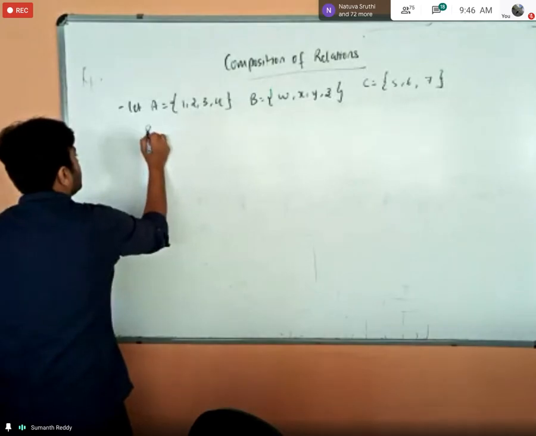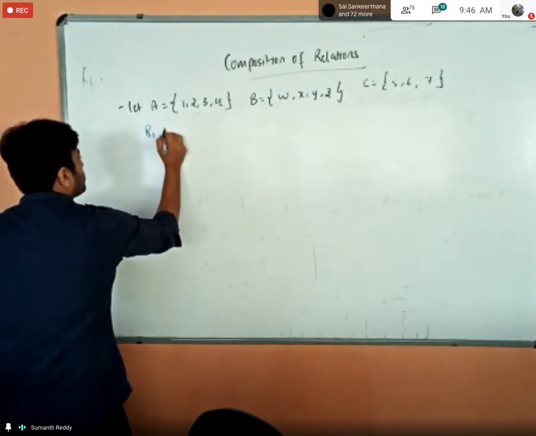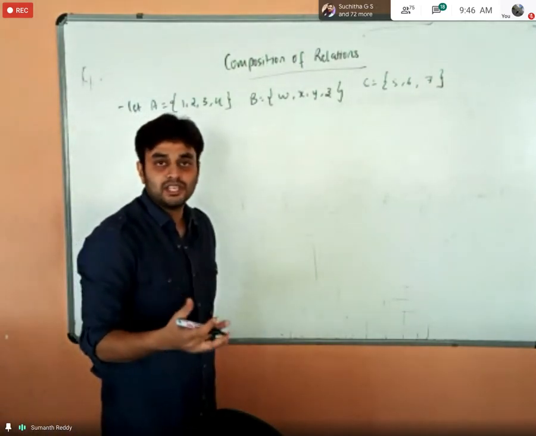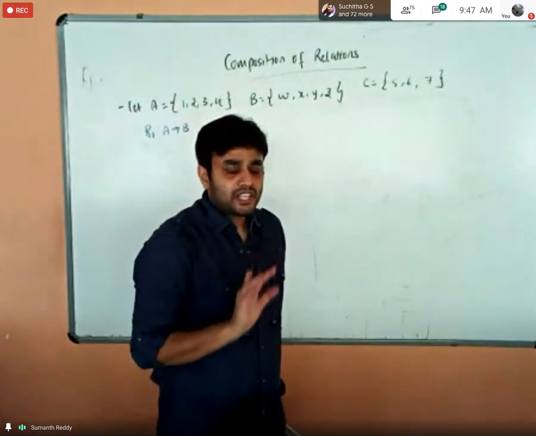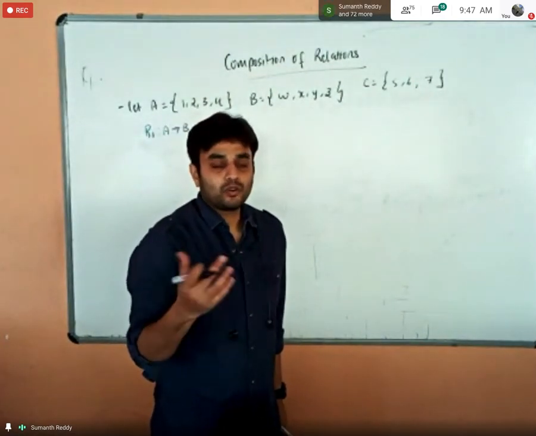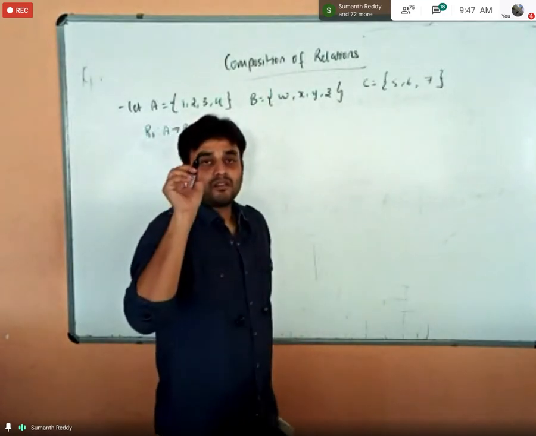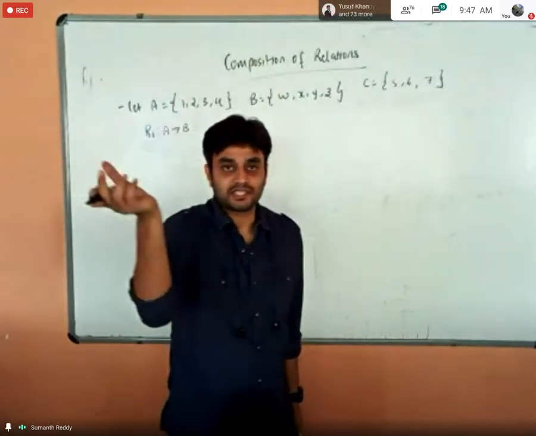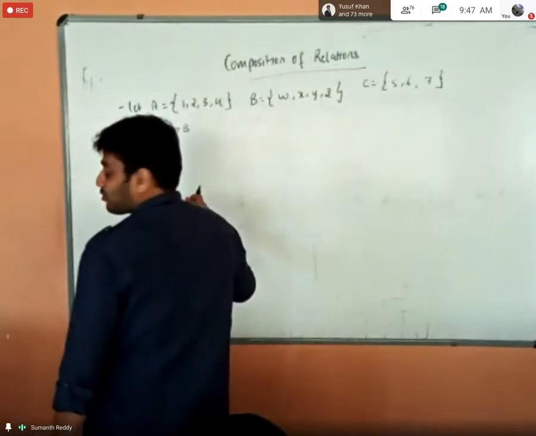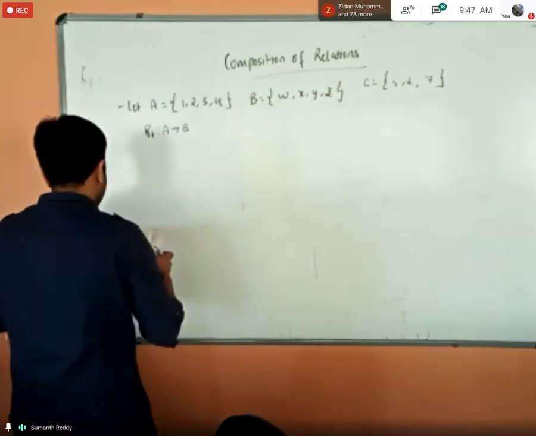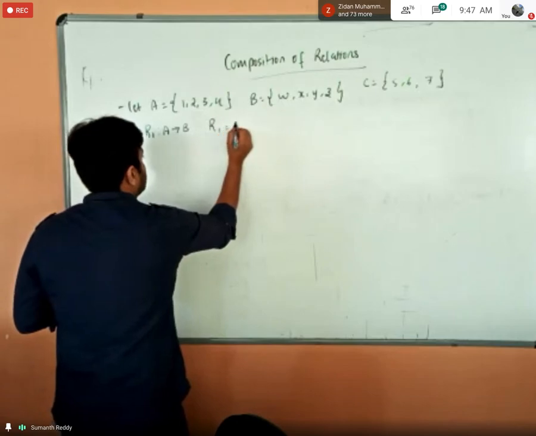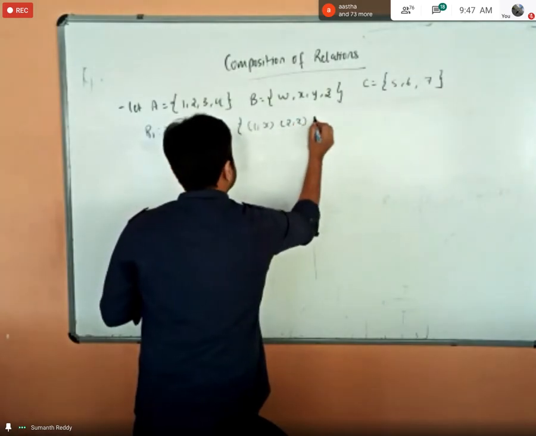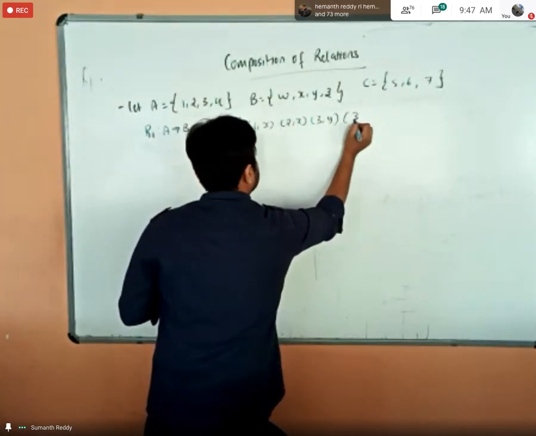Whenever he defines the relation, you have to read the question completely and check whether he is defining the relation from A to B or B to C. If he does not give anything, you can still know, I told you the trick, right? Within the ordered pair, whatever the first element and the second element are, if the first element belongs to a particular set, then the relation will start from that set. I think I have already told you those things. So now he has told the relation R1 is from set A to set B, and he has defined that relation also. So R1 will have the ordered pairs 1 comma X, 2 comma X, 3 comma Y, 3 comma Z.